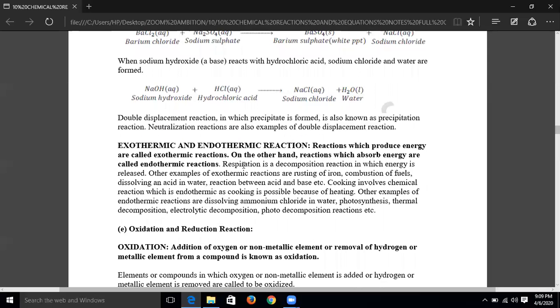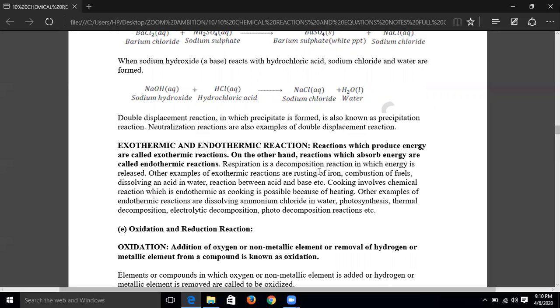Now, exothermic and endothermic reactions. Reactions which produce energy are called exothermic reactions. On the other hand, reactions which absorb energy are called endothermic reactions. The energy released or absorbed can be in the form of heat, sound, or sometimes light. Respiration is a decomposition reaction in which energy is released. Examples are